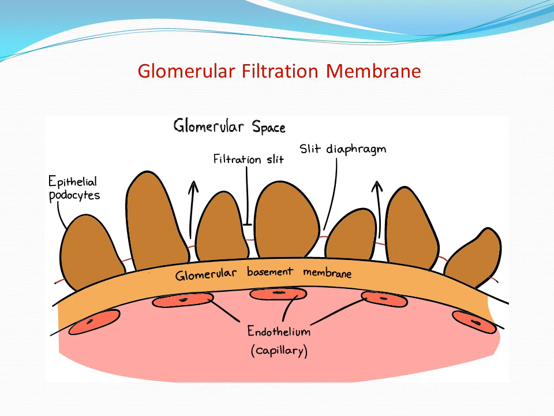Again this is the same thing, a more enlarged structure. Suppose this is the capillary blood, and this is the lumen of the capillary. These are the endothelial cells. Between these there are large pores around 80 to 100 nanometers, and then the glomerular basement membrane, basically made up of collagens and glycoproteins that are negatively charged. Then this is the epithelial cell layer containing the epithelial podocytes, in between which there are thin slits known as filtration slits. They are again bounded by a diaphragm, known as the slit diaphragm. So this is the glomerular filtration membrane through which the plasma will be filtered from here to here.